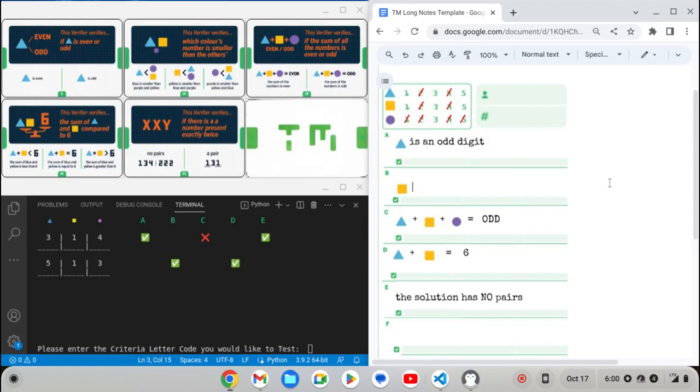Let me write it out as it's the smallest digit. Let's see if I spelled that correctly. Oh, got an extra I. Okay, and so yes, square must be